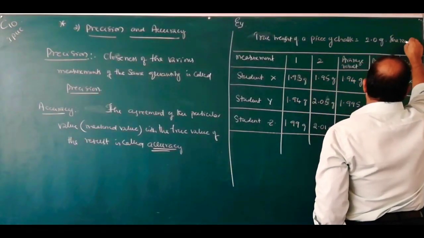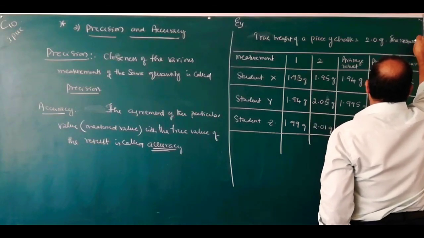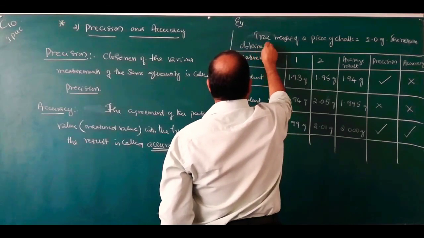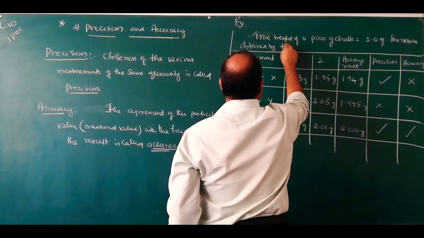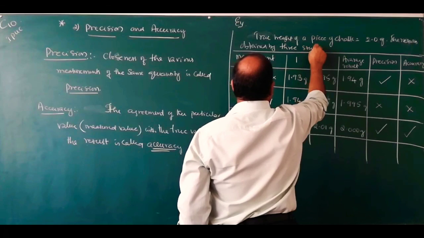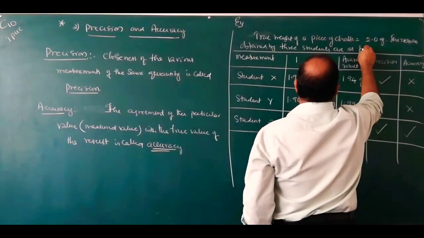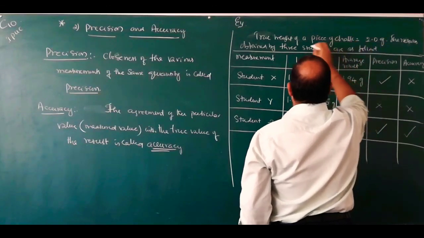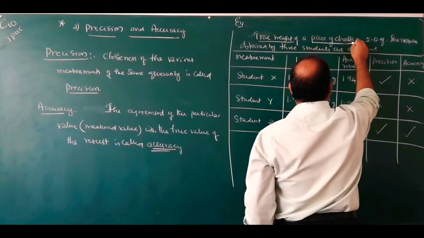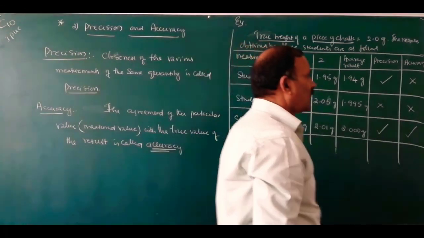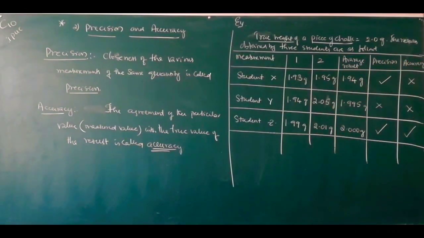The results obtained by 3 students are as follows. The true weight of a piece of chalk equals 2 grams. The results obtained by 3 students